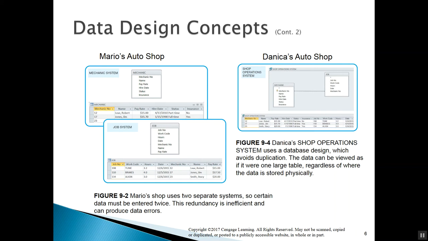So, with this said, we've got this primary key, the unique identifier. Now, the job number, that's a unique identifier for the job table. If there's a relationship between the two, meaning the mechanic works on a job, the mechanic number is a primary key in one table, and it would be a foreign key in the other table. The job number would be the primary key in the job table. Now, these are basic database concepts,